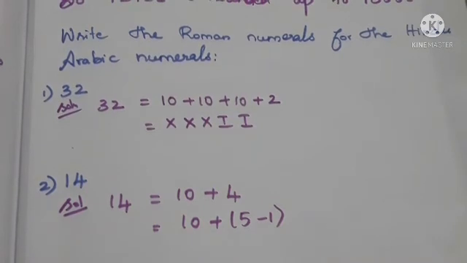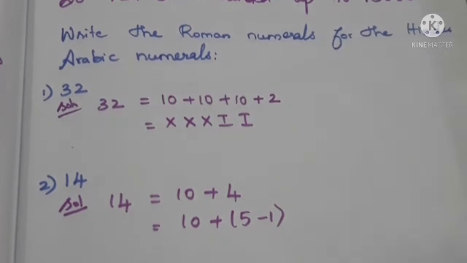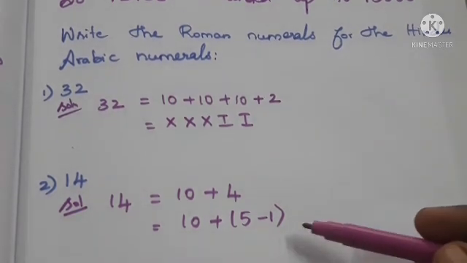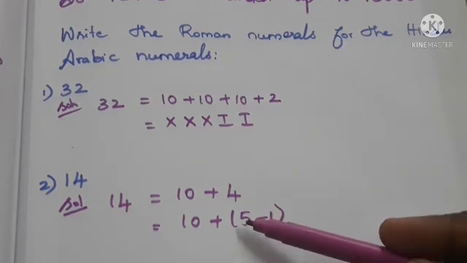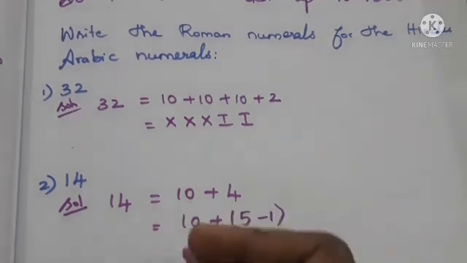If it is 9 also, we have to write 10 minus 1. Okay, those are the two important conditions we have to follow in the Roman numeral. And 4 means we have to write 5 minus 1. In the bracket you want to write 5 minus 1. Don't forget that in the bracket we want to write, and the condition is what?